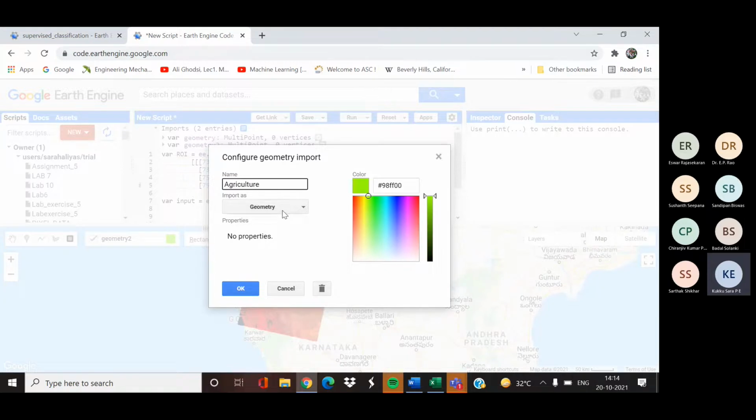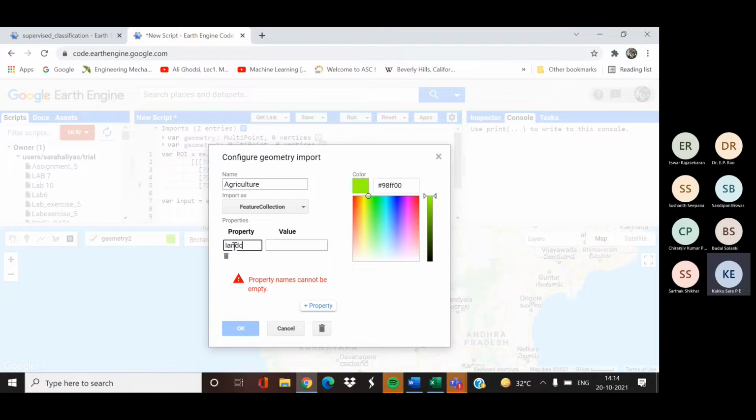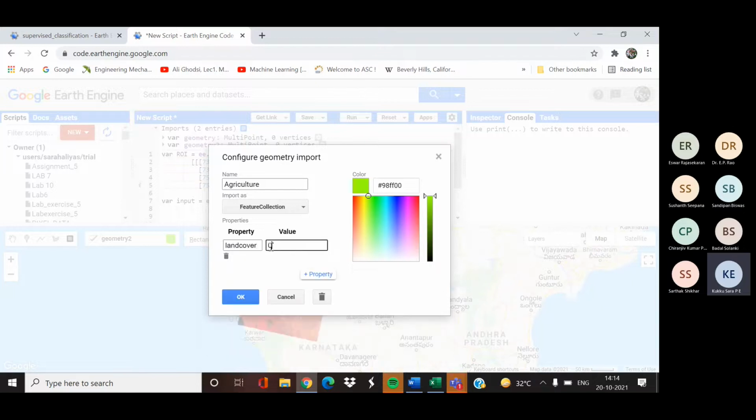Name it agriculture, and we are going to collect different points under this category. We'll import it as a feature collection. Select feature collection and click on property. Here you can give land cover as the property name, and its corresponding value we will give as 0, and click OK.